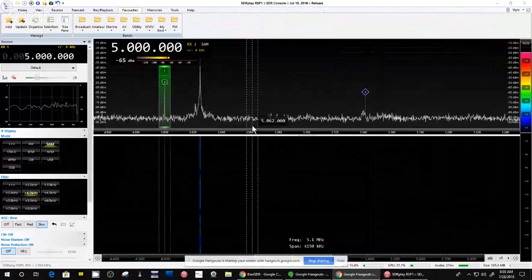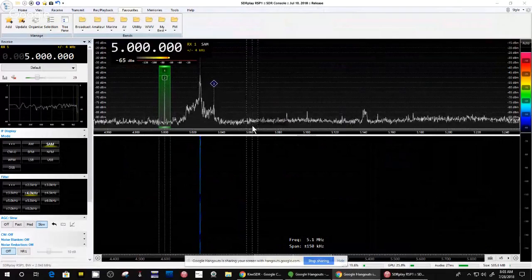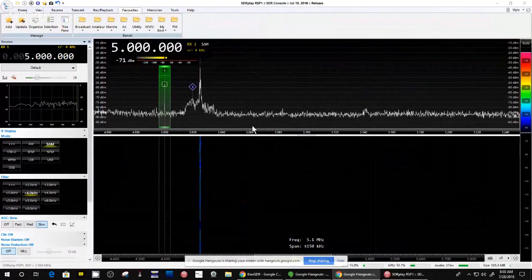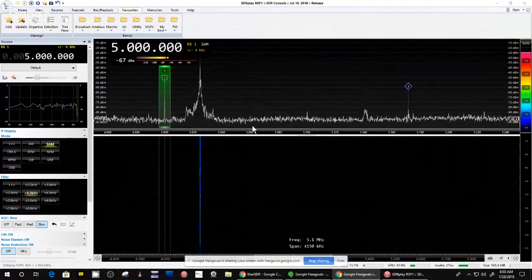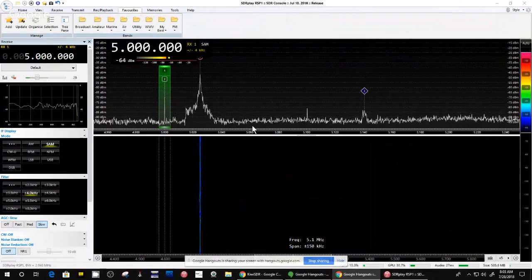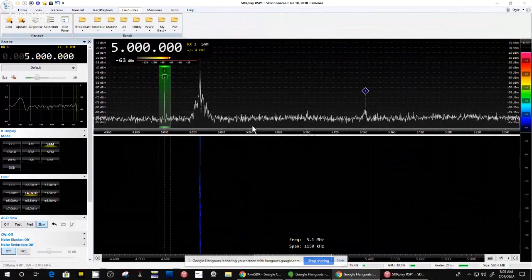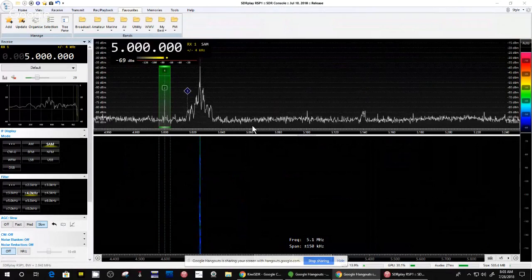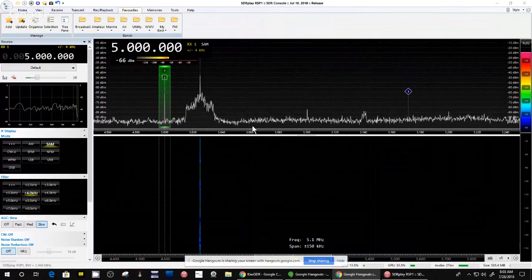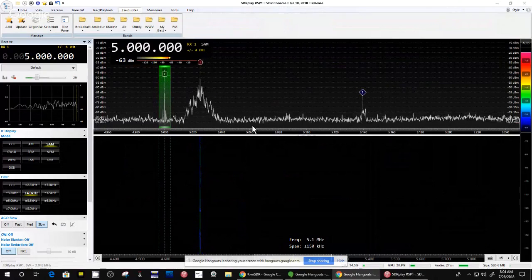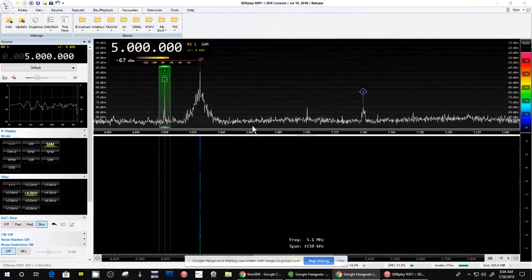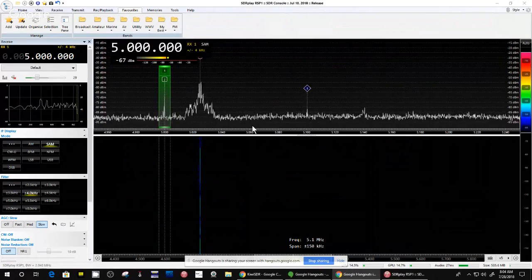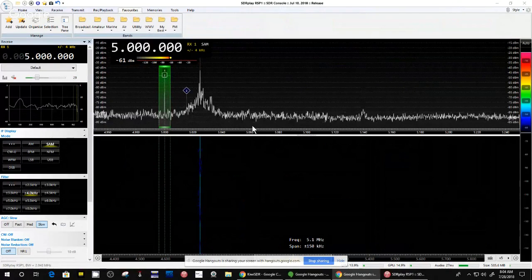Now you should be seeing my screen, which is right now showing SDR Console. So I'm running Hangouts, I'm running SDR Console, and I'm running the Kiwi SDR website using one of the radios. This could crash at any minute.